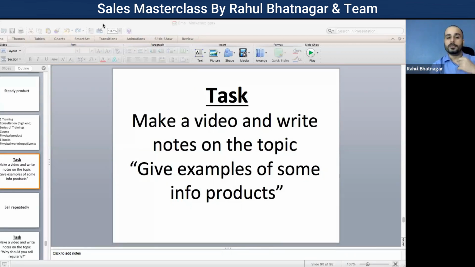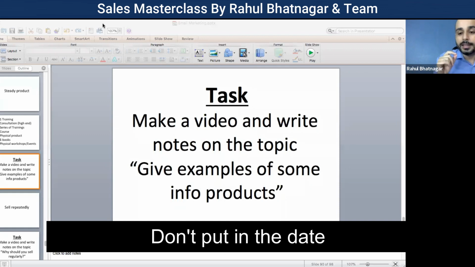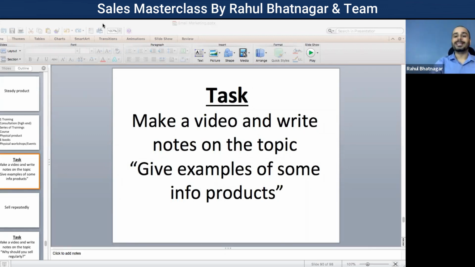Good. So when you are doing a training webinar, when you are doing a session, don't put in the timing. Just the date has to be mentioned. That's the key. Now somebody says, but Rahul, if we don't write the date also, then a person will never register. They'll be like, I don't even know when this is happening. This might happen after 6 months. So they will not register. The date has to be there. The timing can be avoided. Got it? Everyone? That's important.